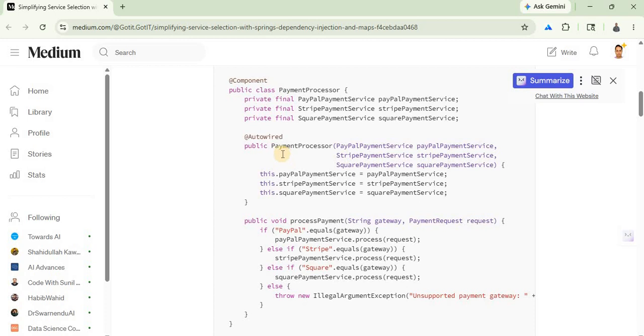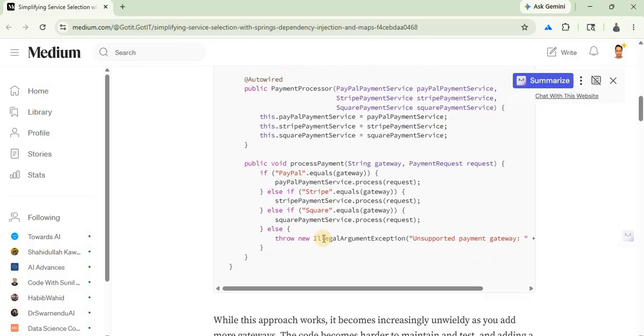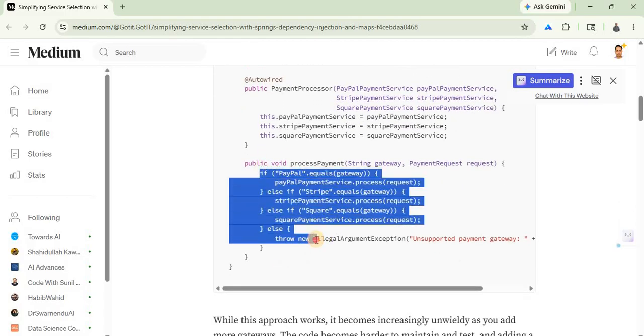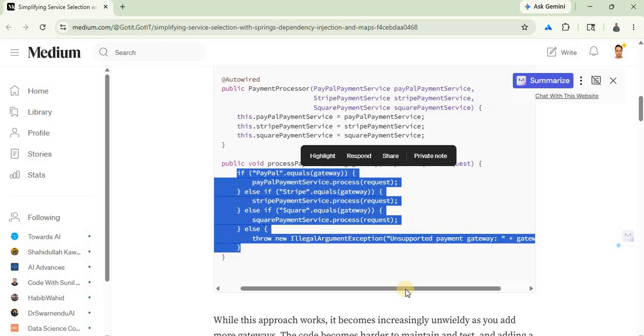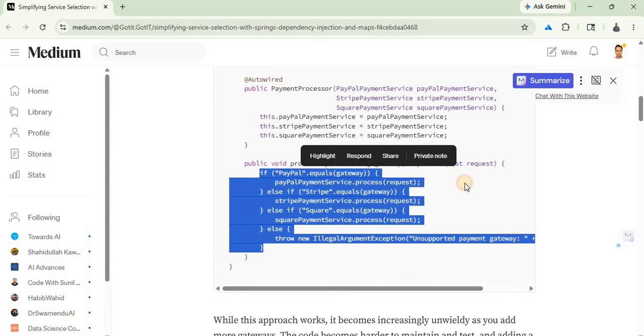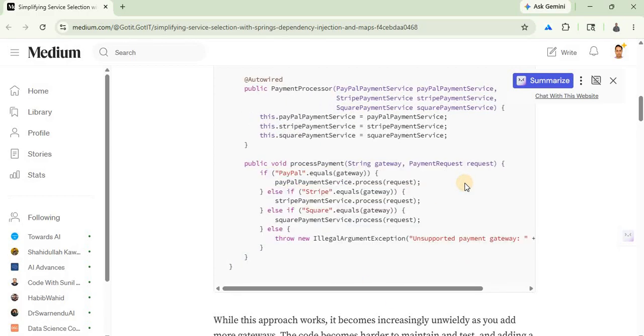And what is autowired here? So these are some services here. And here, this is the if else block. Is this clear? This is the if else block based on your payment gateway. Is this clear? Like if you choose PayPal